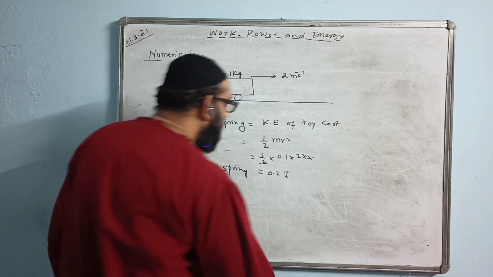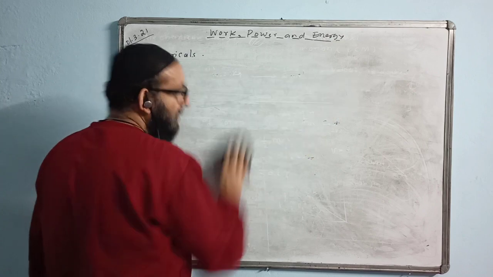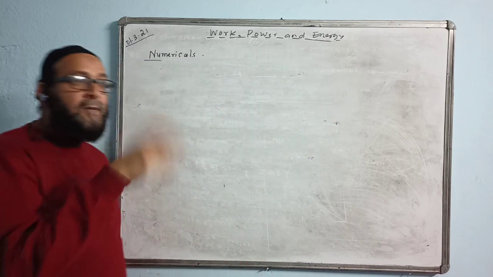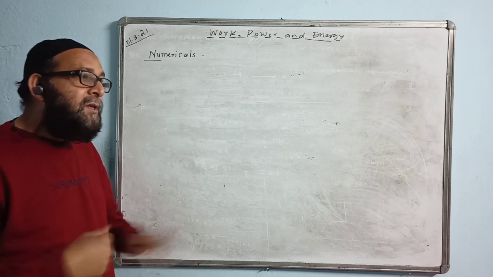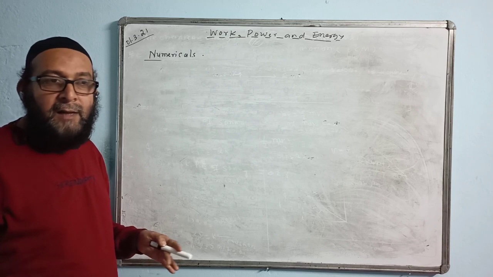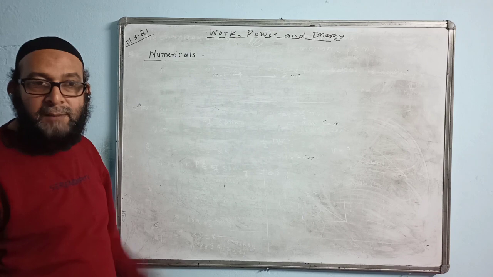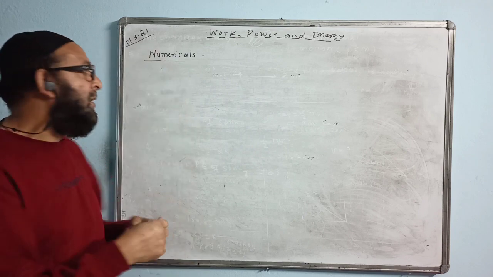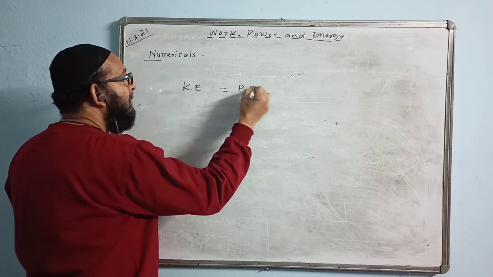Suppose a question comes like this. A man is running to take a high jump of 5 meters. What should be his speed? So we will think this way. The person is running, so what energy will he have? He will have kinetic energy. And with this energy only he wants to take the jump. That means he wants to change the same kinetic energy into potential energy. So here we will write that kinetic energy is equal to potential energy.